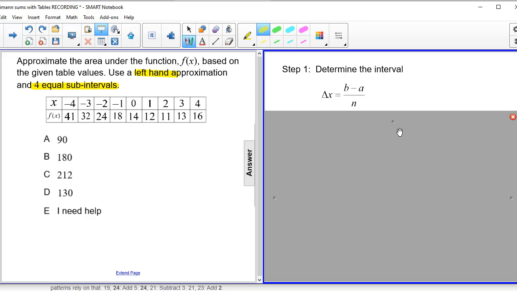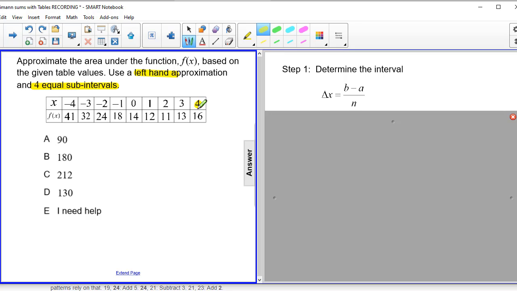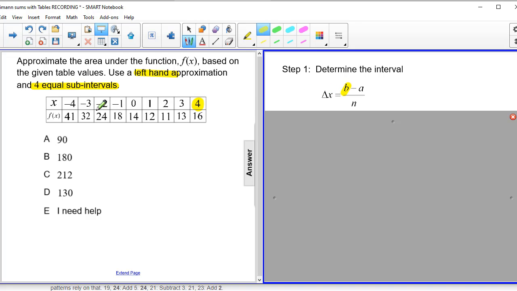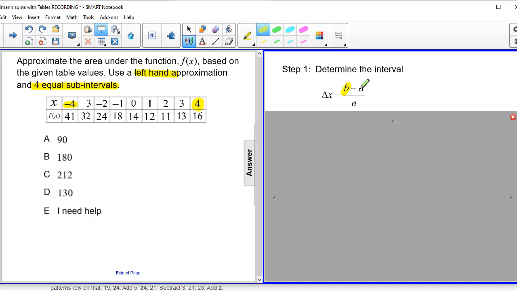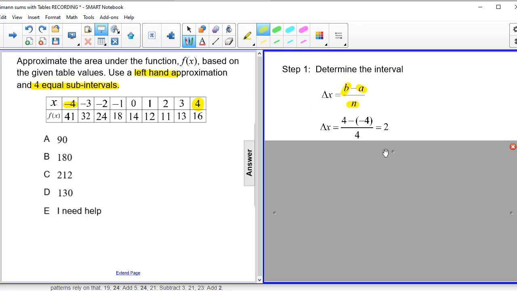And we do that by calculating delta x, which as you know by now is b minus a divided by n. What may be confusing is what do we use for b, what do we use for a, and what do we use for n. So b will be the end of the interval right here, 4. A is where the entire thing begins for our table. That's going to be -4. And we're told that our 4 equal subintervals, that's going to be our n. So when we plug in and evaluate, we have 4 minus -4 divided by 4,